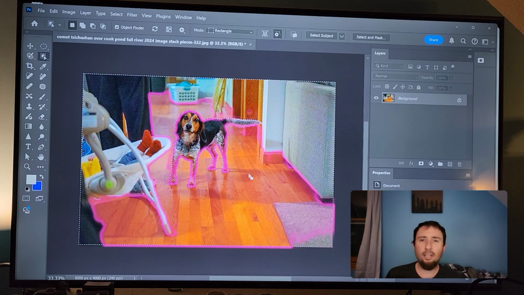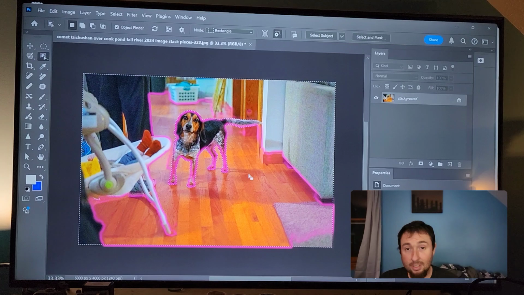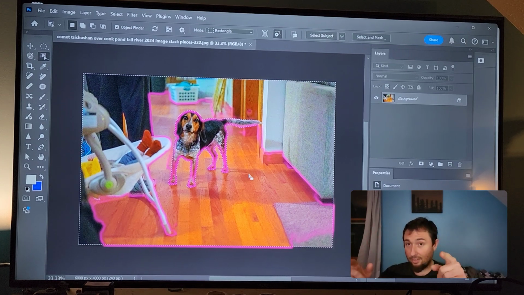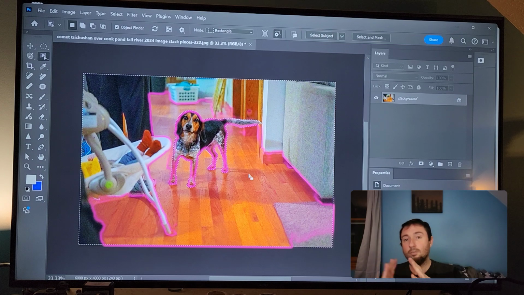Now, for those of you that are not familiar with this, those of you that are not into editing and all that fun stuff, within just about a minute or two, you're going to be able to see how I change, not even a minute, probably like 30 seconds. You're going to see how I change an image like this that you're seeing right now into something magical. And it's not going to take long, and we're going to use AI to do it. Literally 30 seconds, you can count, maybe even faster than that, right?